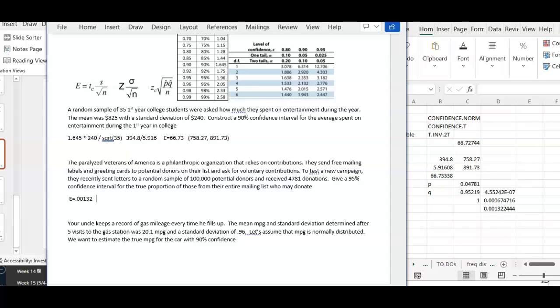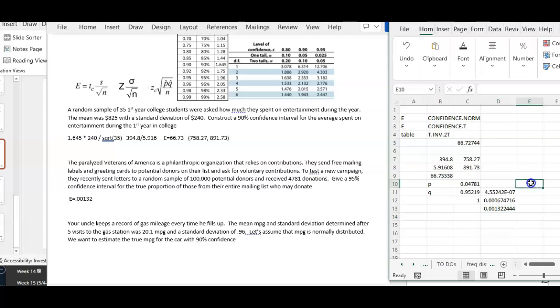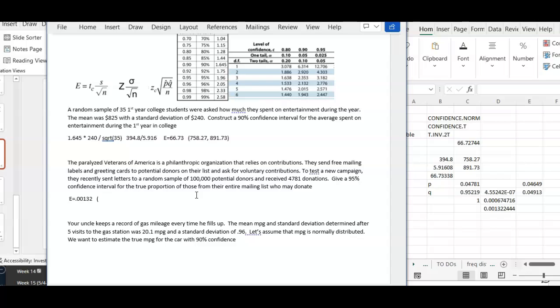0.00132. And now, to create our confidence interval when we're talking about proportions, we subtract that margin of error and add that margin of error to the probability of success, which is the 0.04781. So we got that number right here. I'm going to take that number, 0.04781, and I'm going to subtract my 0.00132. And I'm going to take this number here, which is my probability of success, and I'm going to add my 0.00132, which means my confidence interval is